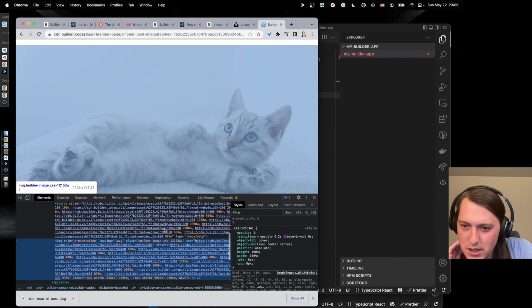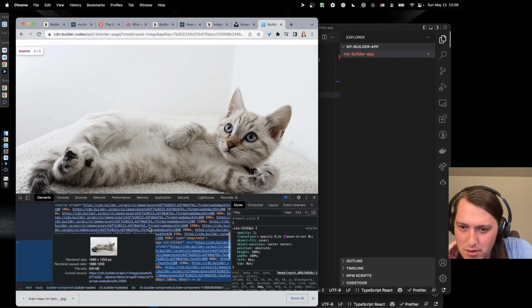Okay, so it does something already. So this one is a bit smaller. So image, right. So spinner and this cat, that is the big size. So if I do this, it's still the same cat.